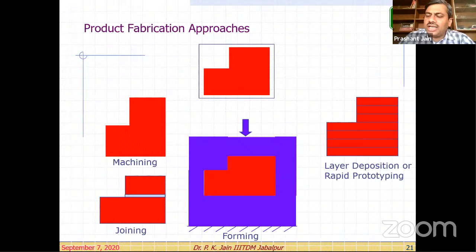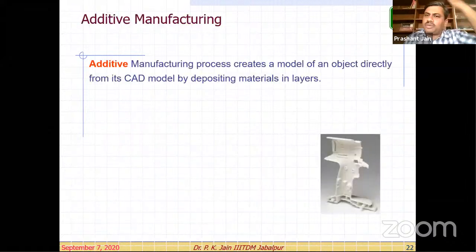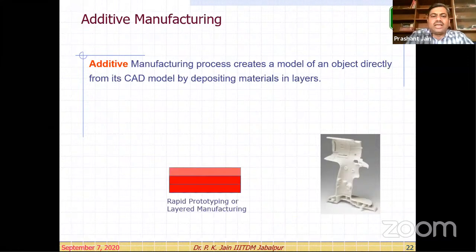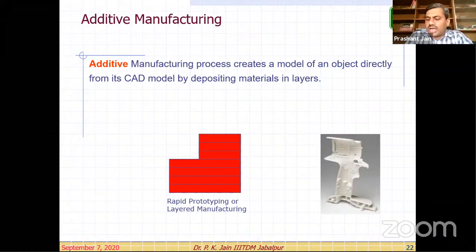Initially rapid prototyping, and nowadays the well-known established manufacturing technology called the additive manufacturing process, right? So what we do in the additive manufacturing process, we are capable to create a model of an object directly from the geometry, right? By depositing one layer atop another in this fashion. So the first layer, second layer, third layer, and all the layers will come one atop each other. So this is in rapid prototyping, rapid manufacturing, and now well established as additive manufacturing processes.